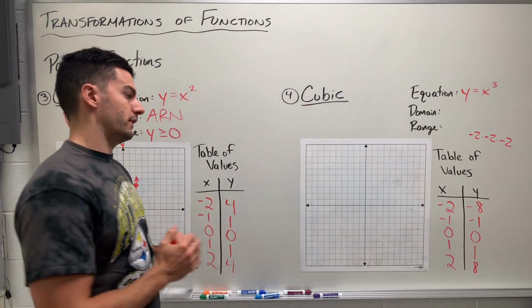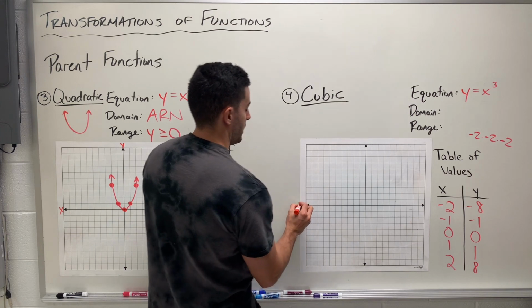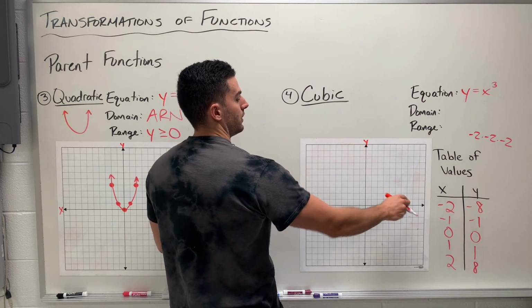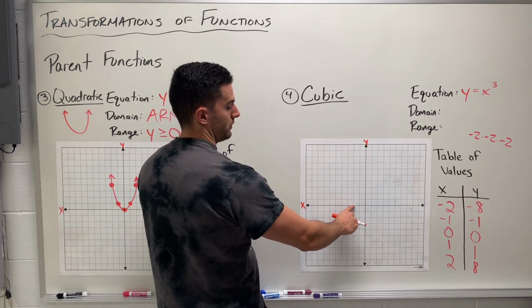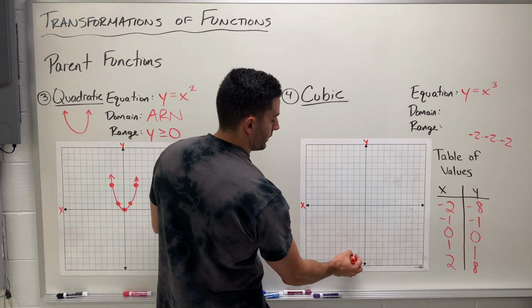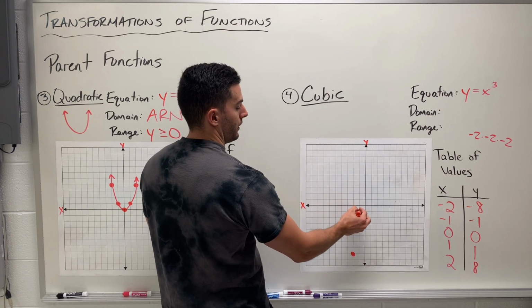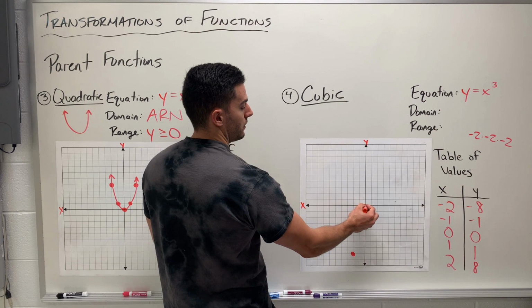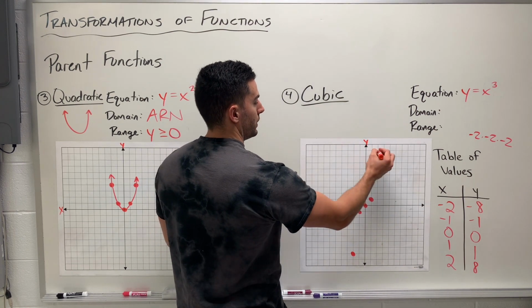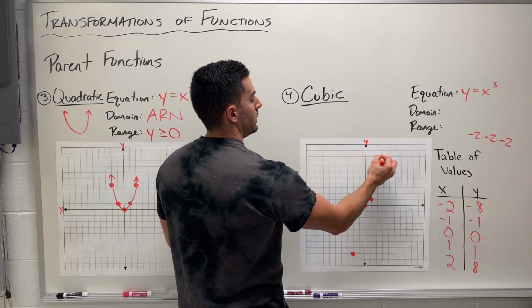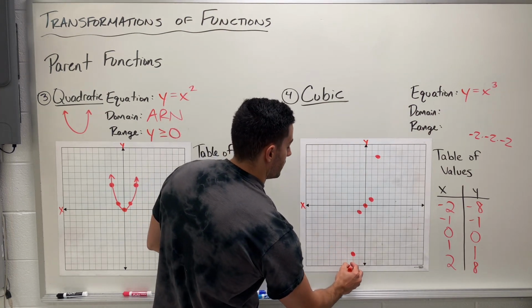That's our big goal for these. Okay. So again, looking at my x and y axis here, x is -2, y is -8, all the way down here, -1 comma -1, 0 0, 1 1, and 2 8 up here. Okay, so what's this going to look like? Well, if I connect those,